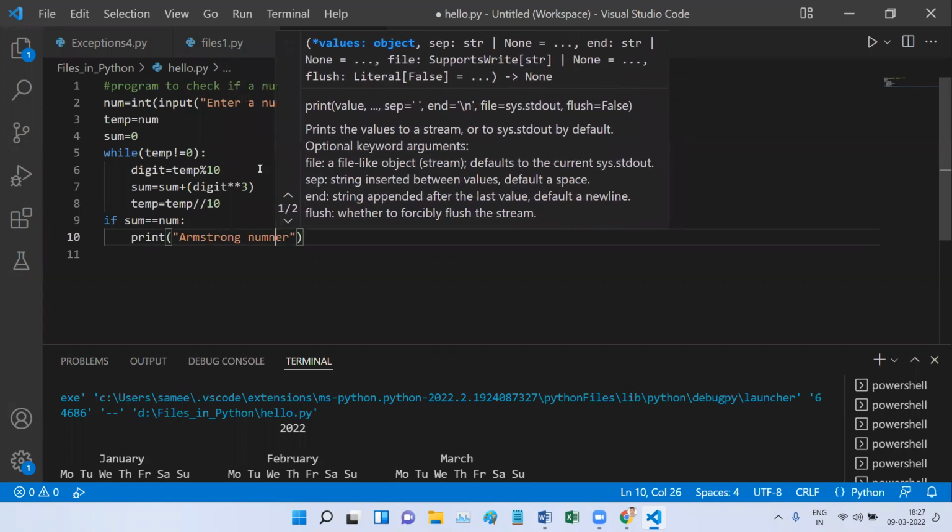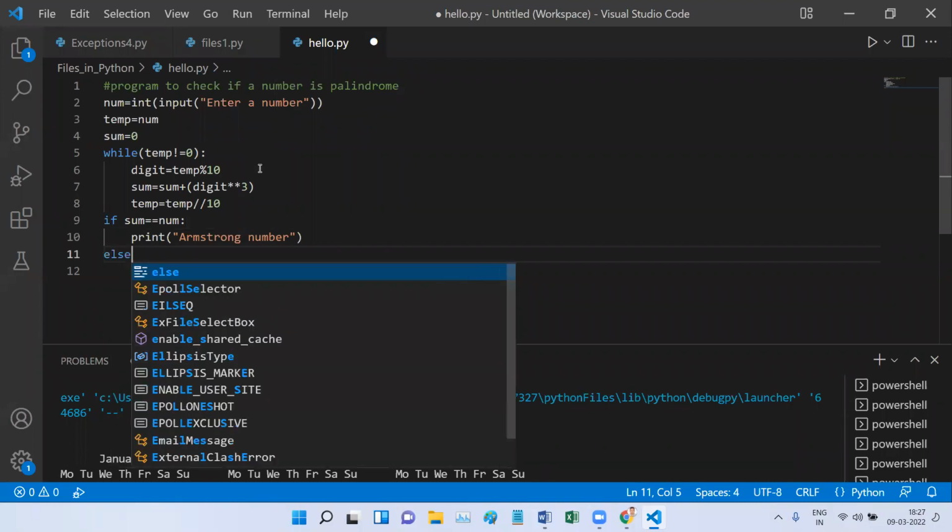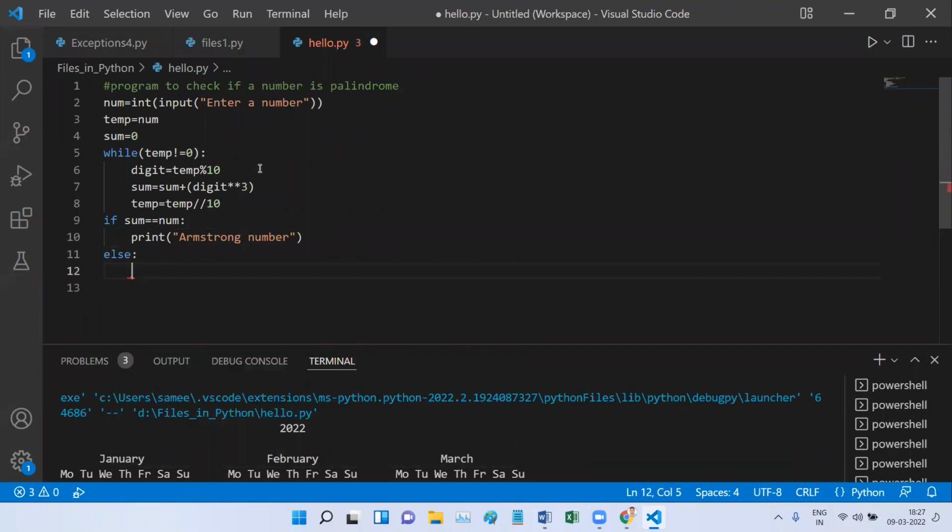Then if they are not equal, we have to print it is not an Armstrong number. Let me just go through this logic once again. And yes, seems like everything is correct. If any error, we will deal with it now.